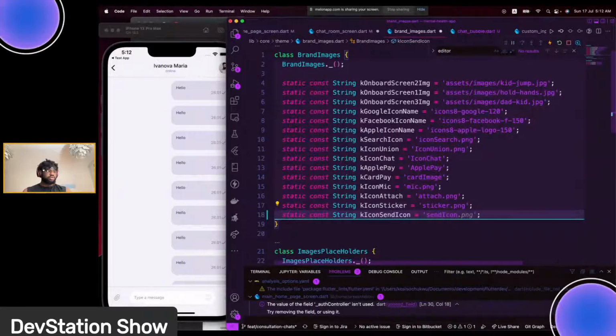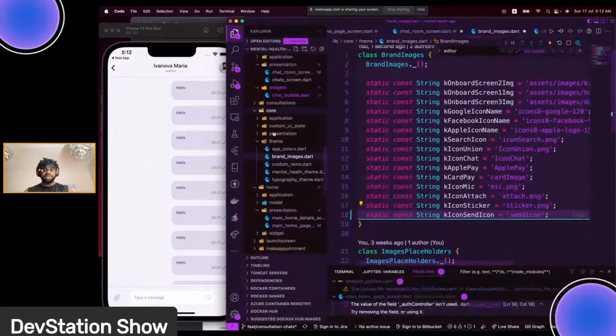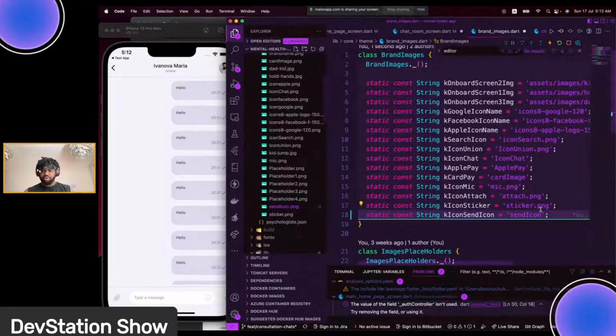There we go. So send icon, don't use .png, just leave it as send icon. Make sure it's the same name as the image you have here, so we don't need the extension right here. So go ahead and save this,